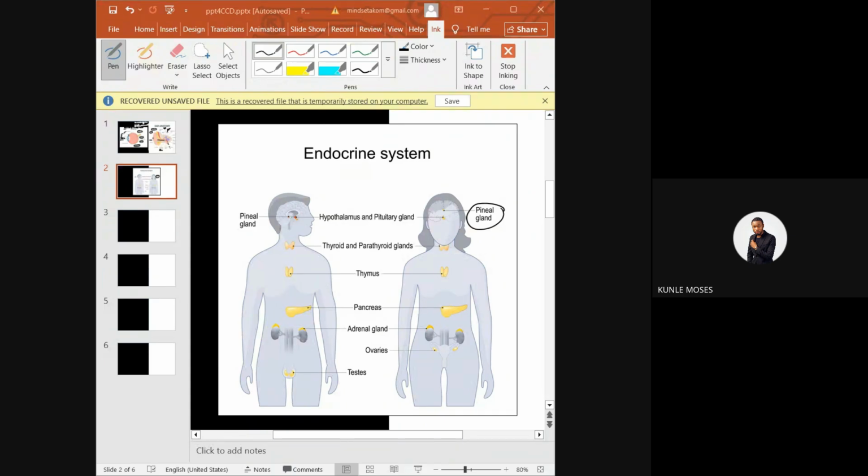So the hypothalamus is a very important part of the brain that works with the endocrine system and the nervous system. Once the pituitary sends hormones to the other gland, say, Mr. Reproductive gland, please, this girl needs something, or this guy needs that. So the gland will release hormones into the bloodstream.